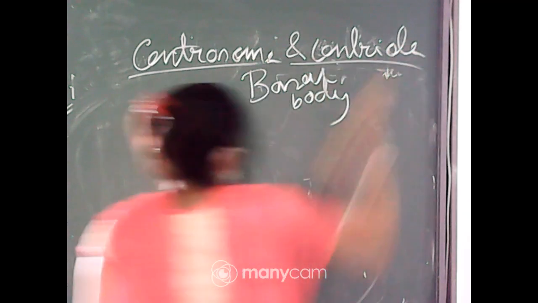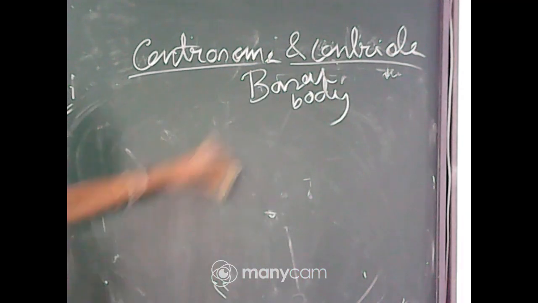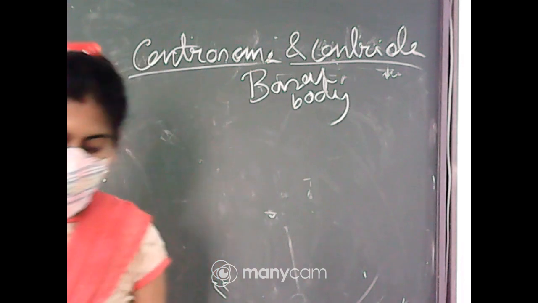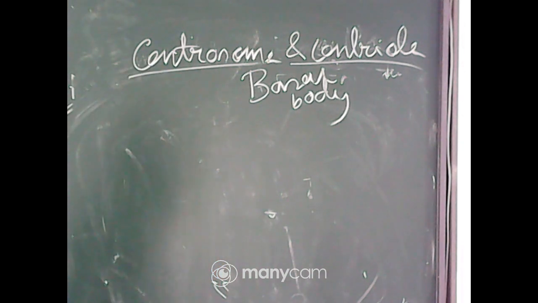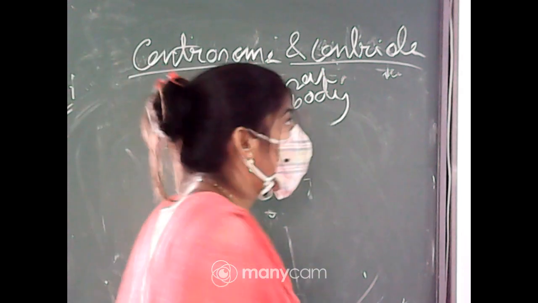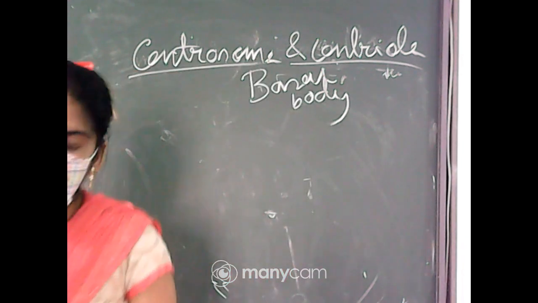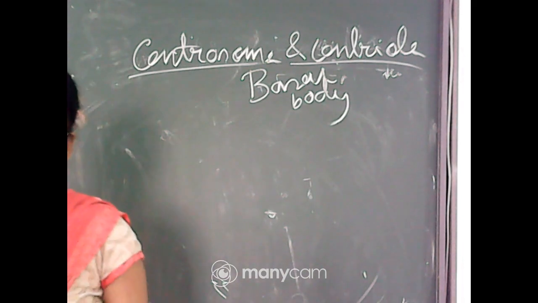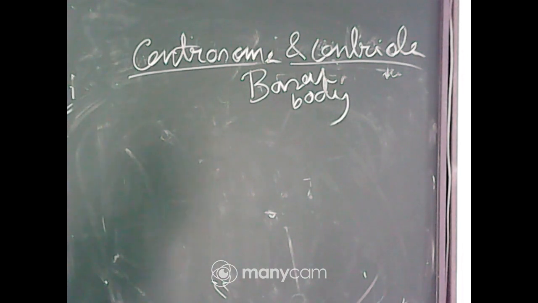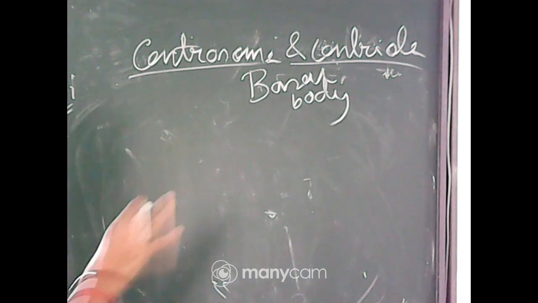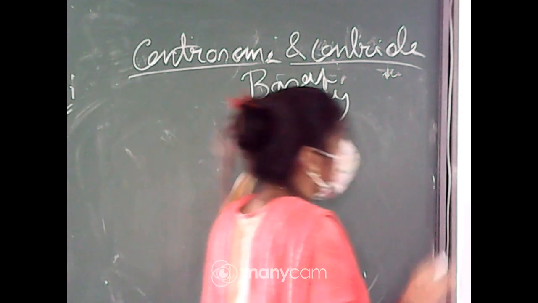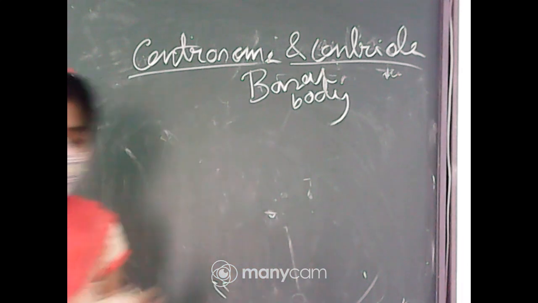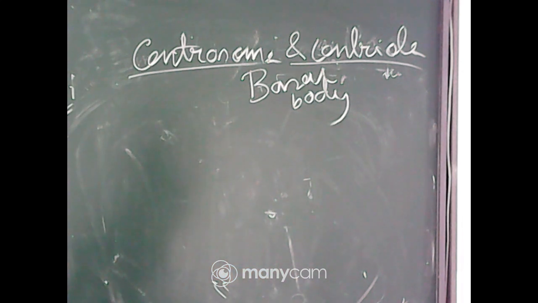Centrosome and centriole. Before that, I explained another part, the basal body, from which cilia and flagella originate. Its alternative name is basal granule or blepharoplast. What is its position? It is present below the plasma membrane of cilia and flagella, is quite larger in size and numerous in number, and can be found in all cells that have cilia and flagella. So this has some differences from the centriole.